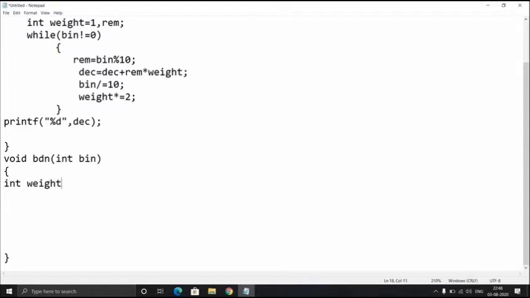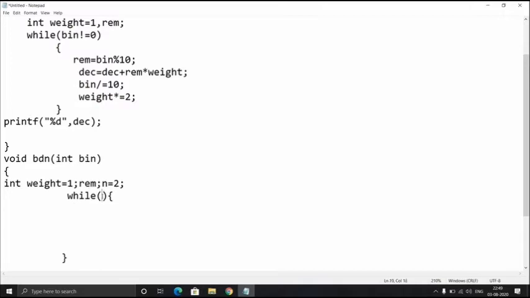I'm declaring the same variables again in this function. Weight equals 1 as well as remainder and n equal to 2. Here I'm gonna use another variable n and it's assigned 2, and starting the while loop. Here n is used to divide the number.